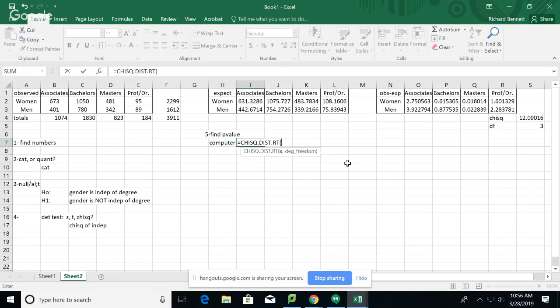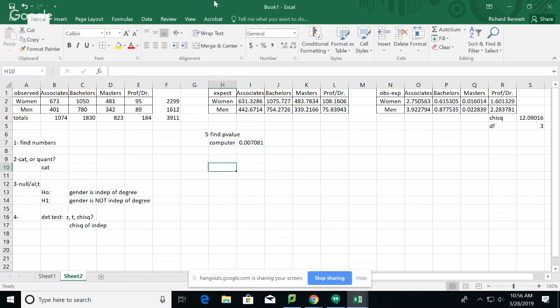What do I put in for x? 12.09. What do I put in for my degrees of freedom? 3 degrees of freedom. Do we know why? Because 4 minus 1 is 3. That's the 4 columns. And 2 minus 1 is 1. 3 times 1 is 3. So I got a chi-square of 0.007, which means